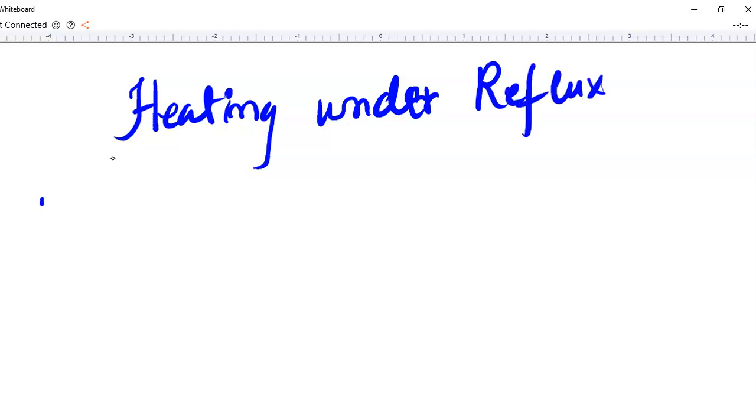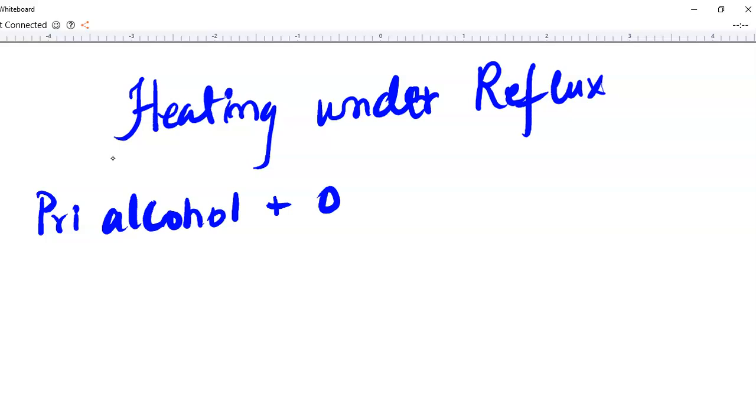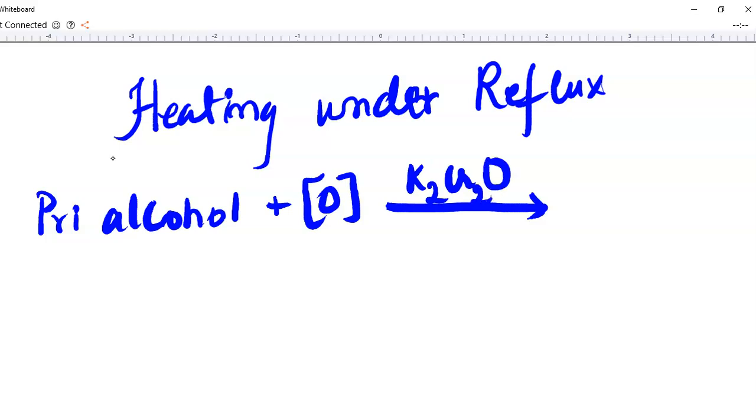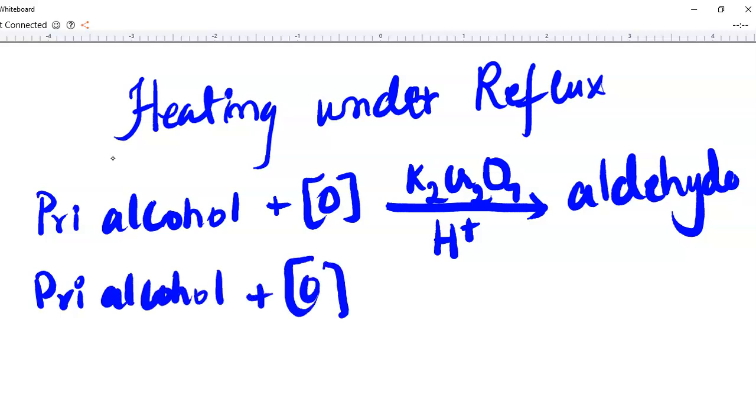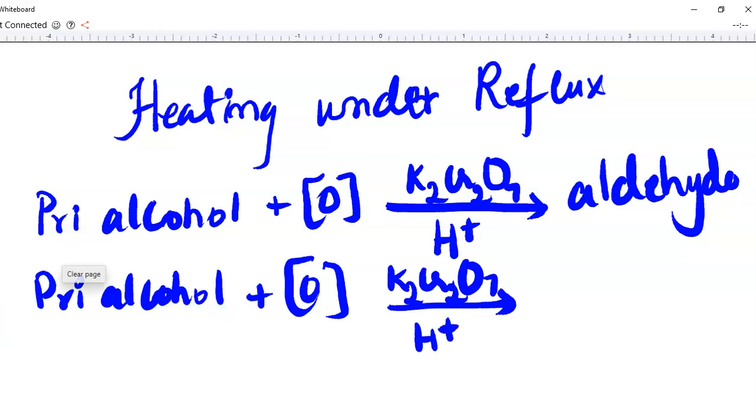You know, primary alcohol in the presence of oxidizing agent K2Cr2O7, acidified potassium dichromate, is converted into aldehyde, and the same primary alcohol in the presence of oxidizing agent K2Cr2O7/H+ is converted into carboxylic acid,